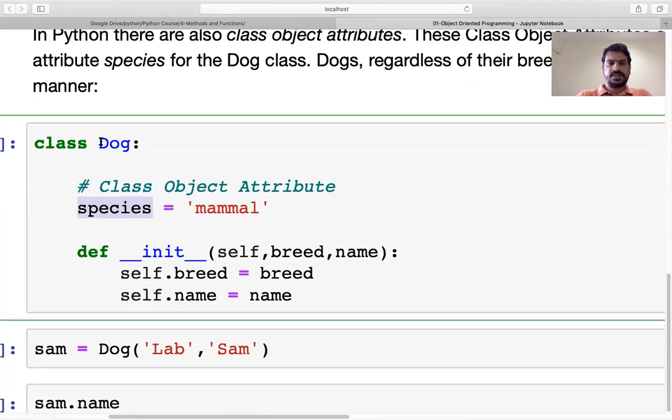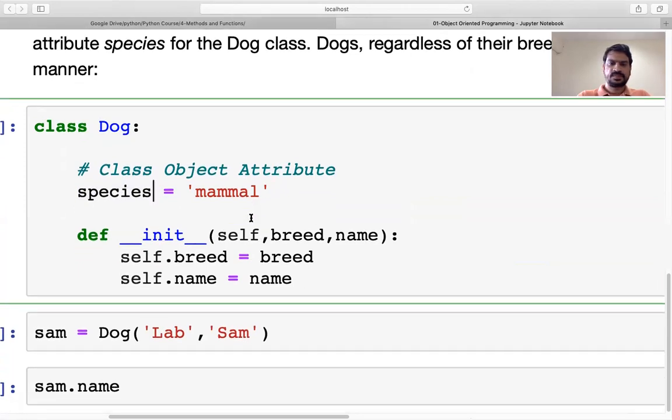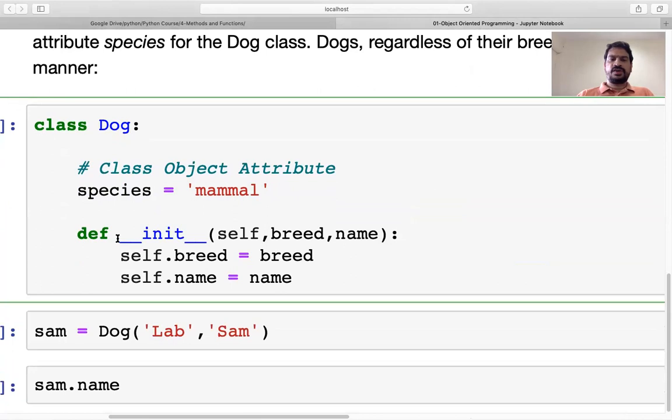In this example, the same class Dog has been created. Inside that, we have taken a class attribute, also called a static attribute, and this is species, mammal. We have an init function, which will initialize the attributes that we create. Here self just replaces the object name, which we take as a reference. Then we have taken two variables, the breed variable and the name variable.